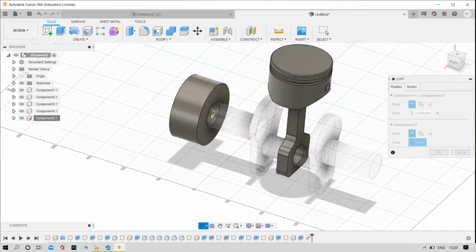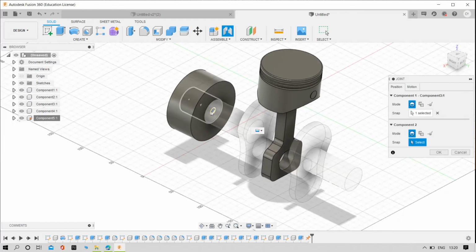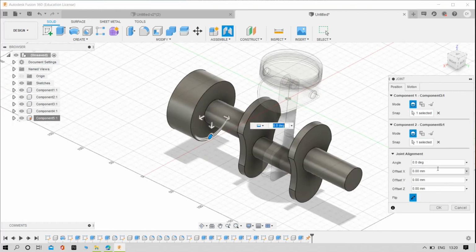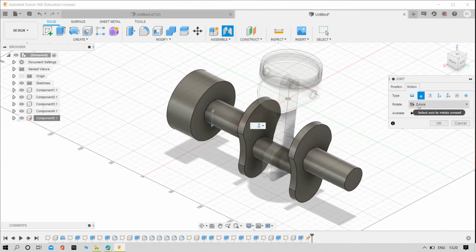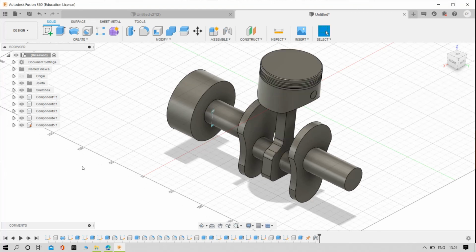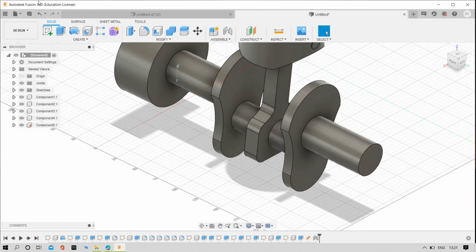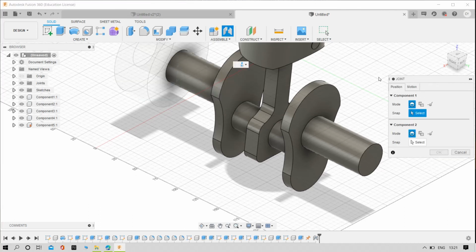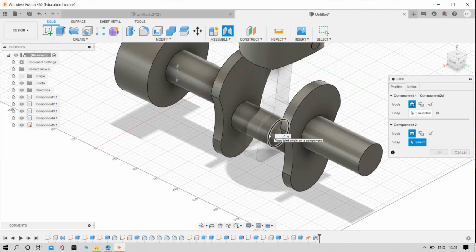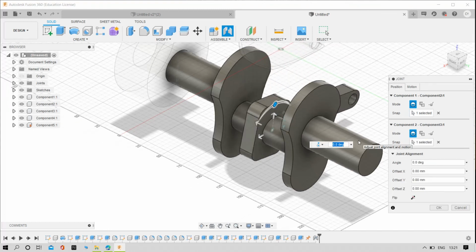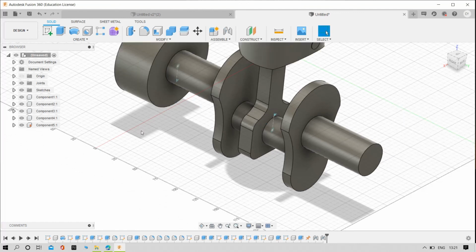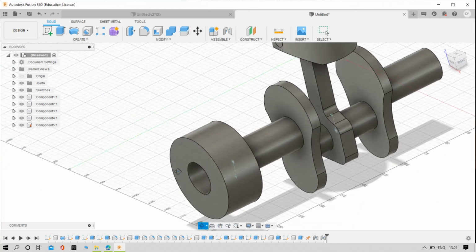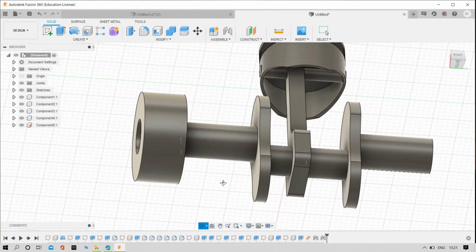Try to rotate the part and then motion is rotation. Yes. Click OK. And for connecting rod also we need to do again. Yes. Perfect. Click OK. And we need to do